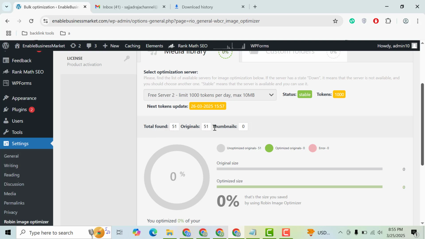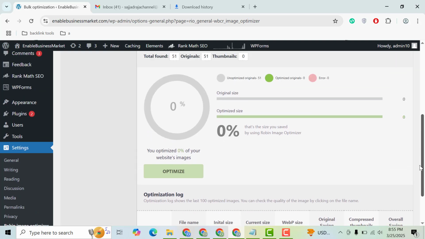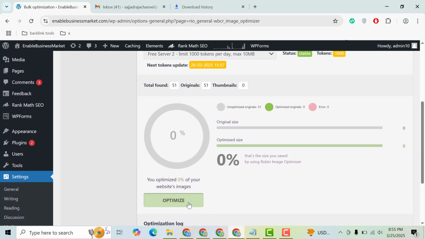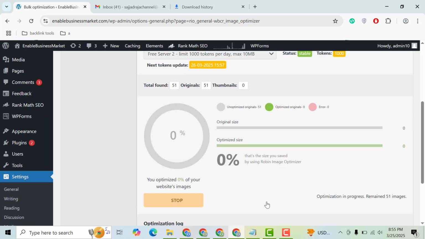Here you can see it has found 51 images, so we have 1000 tokens for free, and if you want unlimited then you can upgrade to the premium version. So now you can simply click on the optimize button, then you can schedule optimization as well as optimize now. Simply click here,